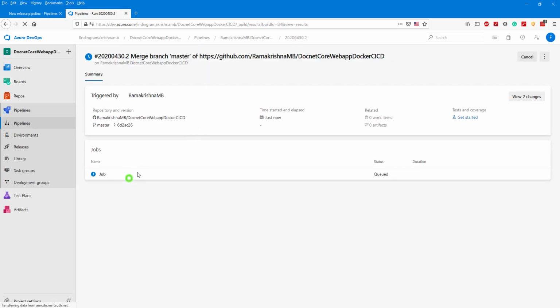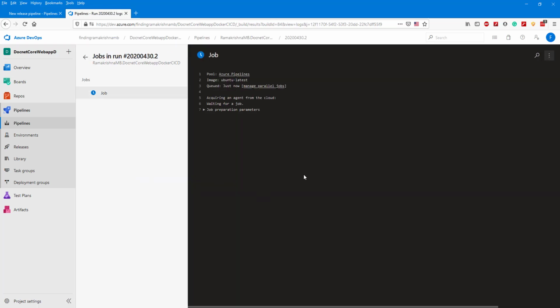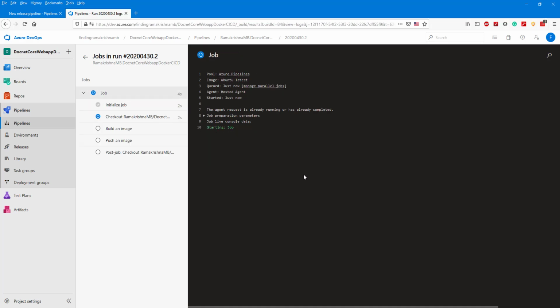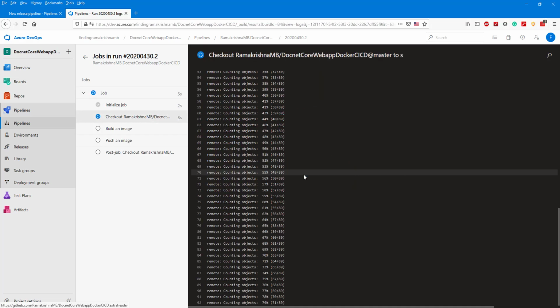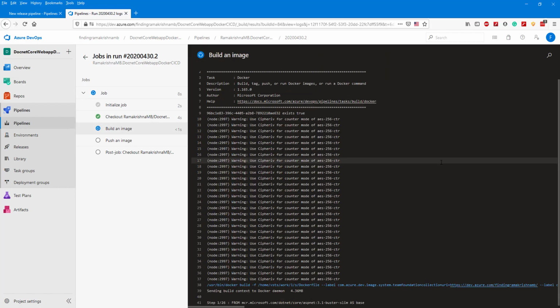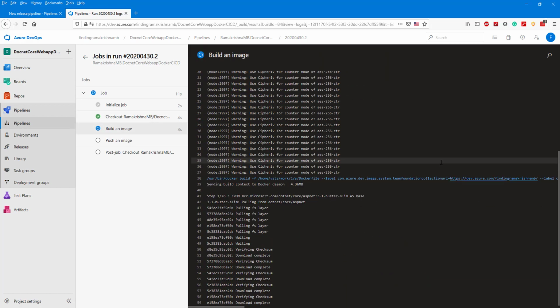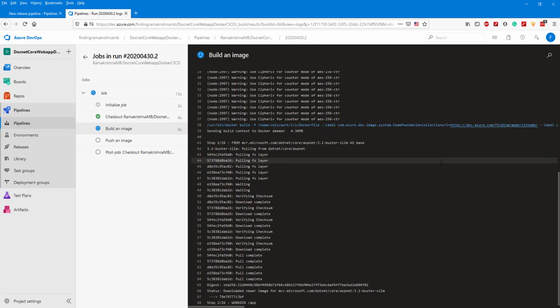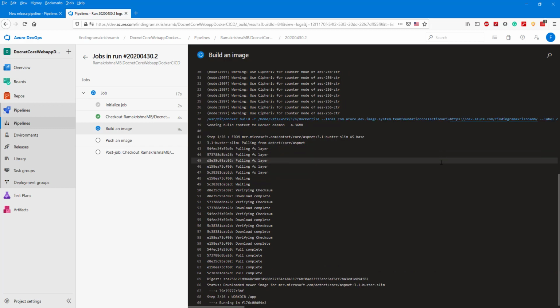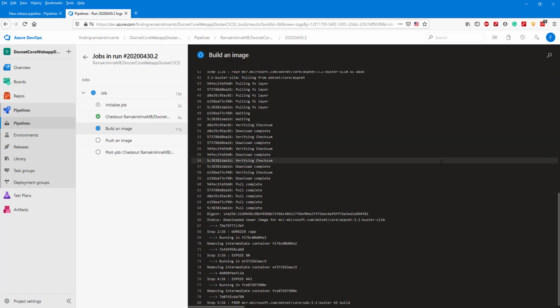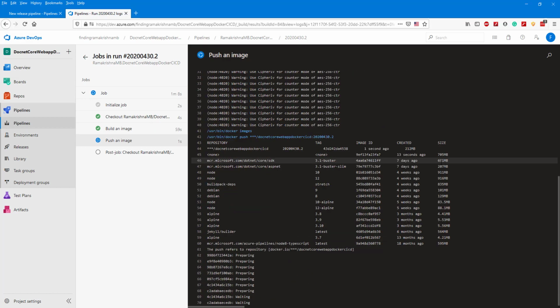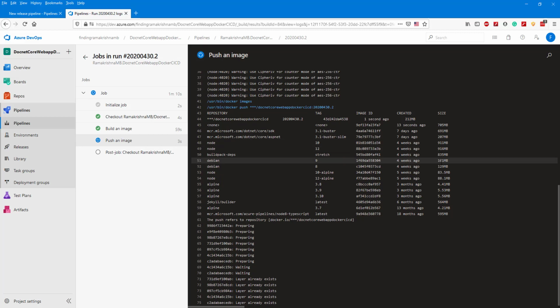Go to see the job. Image build successful. It is pushing an image.